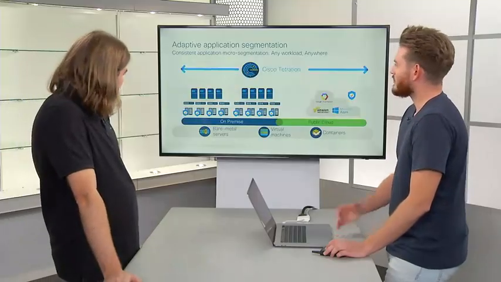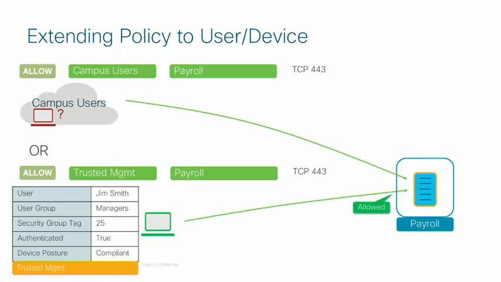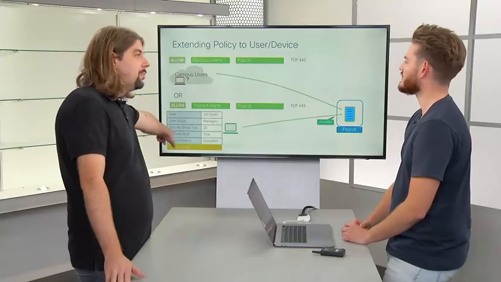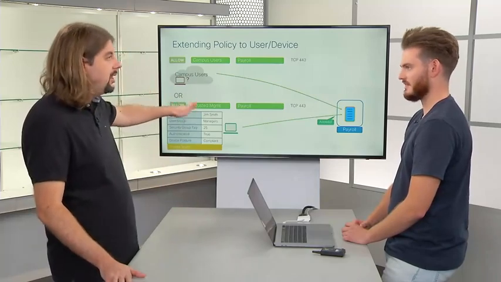So, we can apply segmentation, and we can even extend that segmentation to those campus users, as we were talking about earlier. We can use information like SGTs or authenticated status to exactly control who can access particular applications. Okay, that's pretty nice. SGT, I guess you mean the group tags? The security group tags. So yes, that's a campus native construct that we're actually extending inside the DC, should you wish to do so.